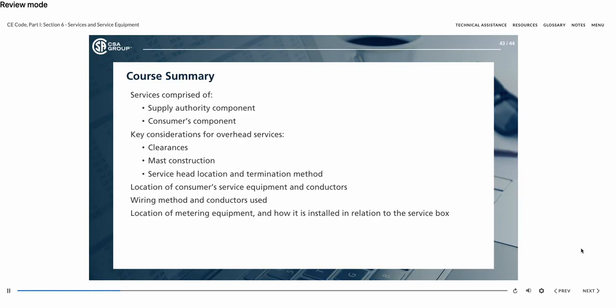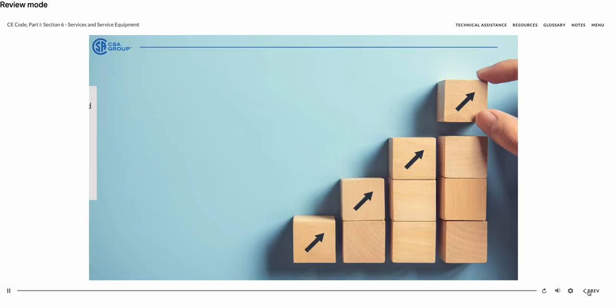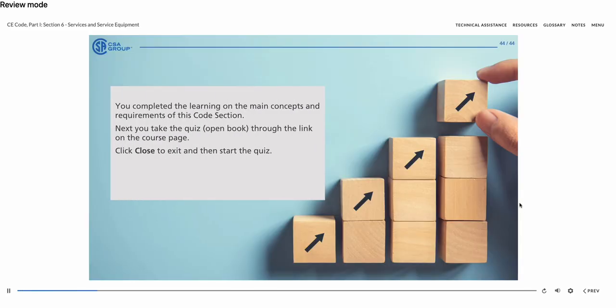You covered a lot in this course. This summary helps you to recall the main concepts and requirements of this code section. You have now completed the learning on the main concepts and requirements of this code section. Next, you will take the open